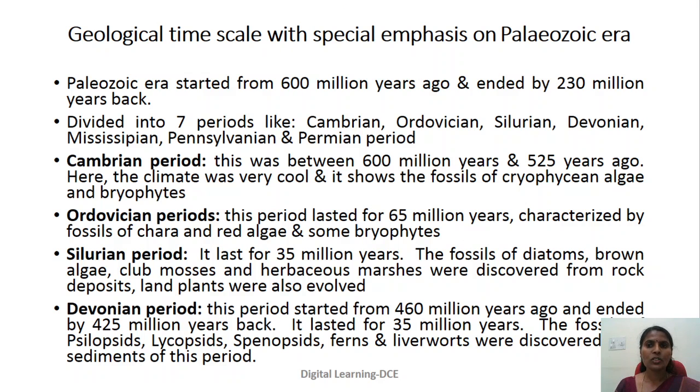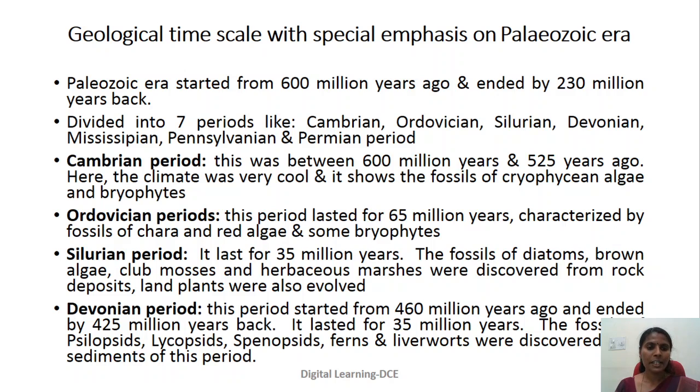Let us study Paleozoic era in detail. Paleozoic era started from 600 million years ago and ended by 230 million years back. It has been divided into 7 periods like Cambrian, Ordovician, Silurian, Devonian, Mississippian, Pennsylvanian, Permian period. Cambrian period was between 600 million years and 525 million years ago. Here the climate was very cool and it shows the fossils of Cryophycean algae and some bryophytes,